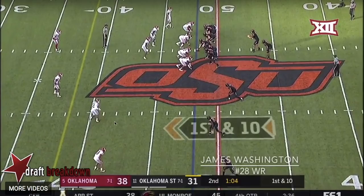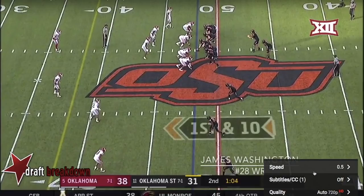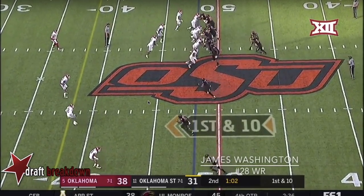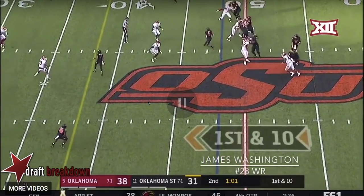And because of his speed, this cornerback's giving him a big cushion. He's giving him 10 yards because he doesn't want to get beat downfield and give up a big play. I mean, Oklahoma's up by 8 right before halftime, a minute 4 to go. They're not going to want to give up a big play right before the half. So he's giving him this cushion, and because he has that cushion, he's able to recognize that, stop, and then